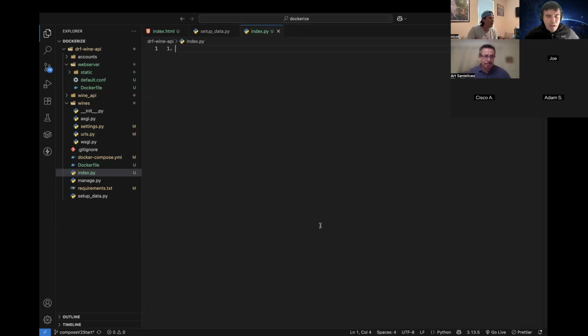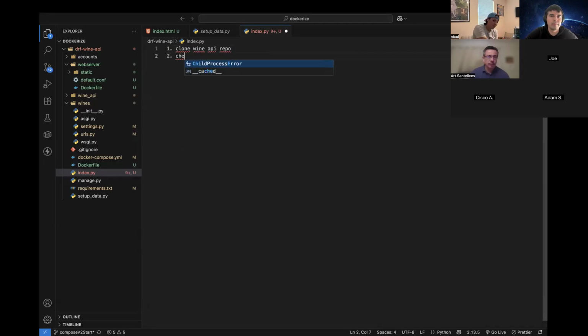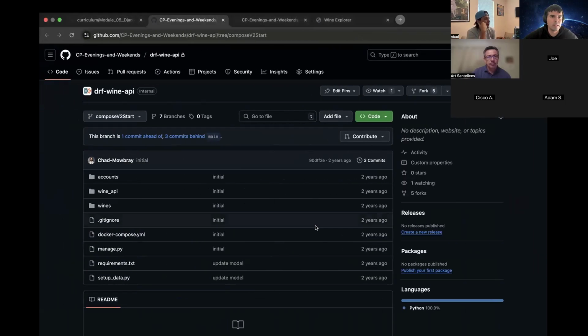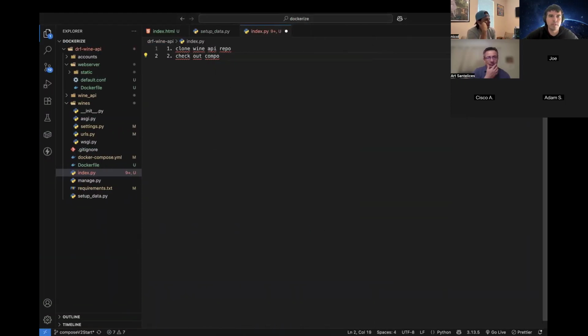Steps. Walk me through it from the very beginning. This is exactly what you're going to do when you come back from break. Step one, what is it? Clone the repo and check out the branch. Clone the wine API repo. Check out compose v2 start. Next,